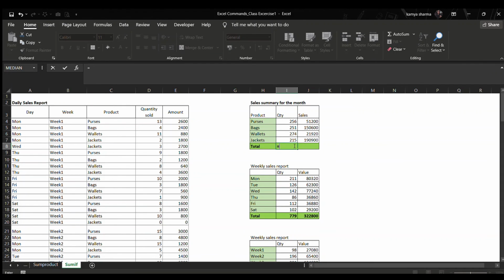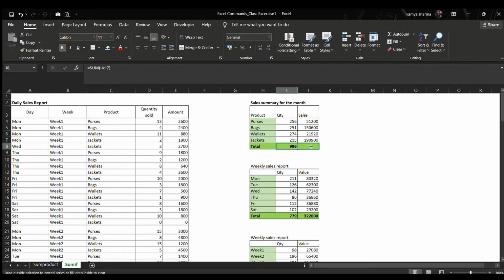Now I just need to do the sum. I'll be using auto sum, sorry, there's some issue. Okay, just a moment, I'll just use sum and drag it down to here.